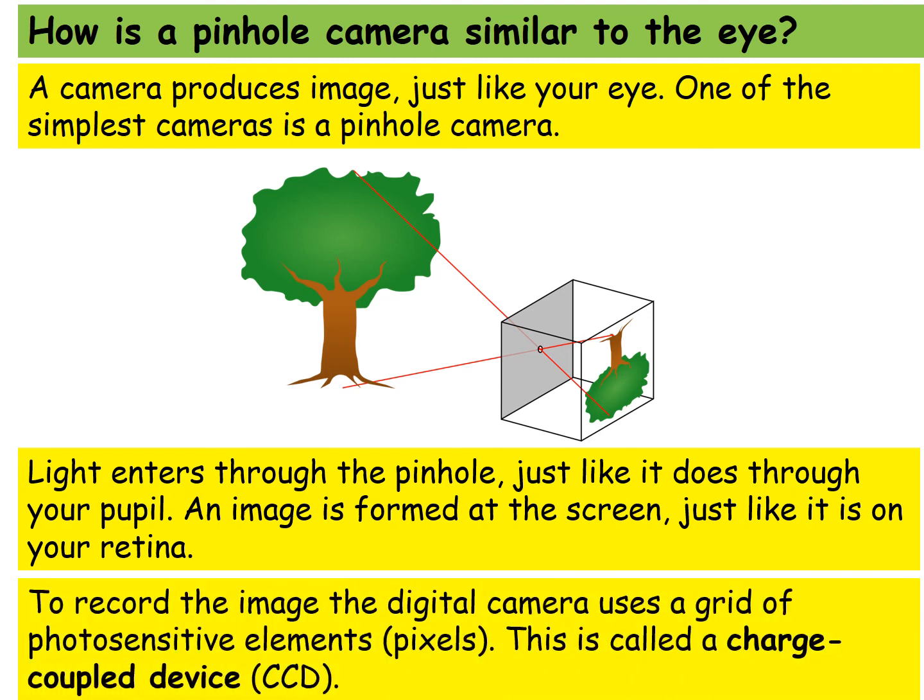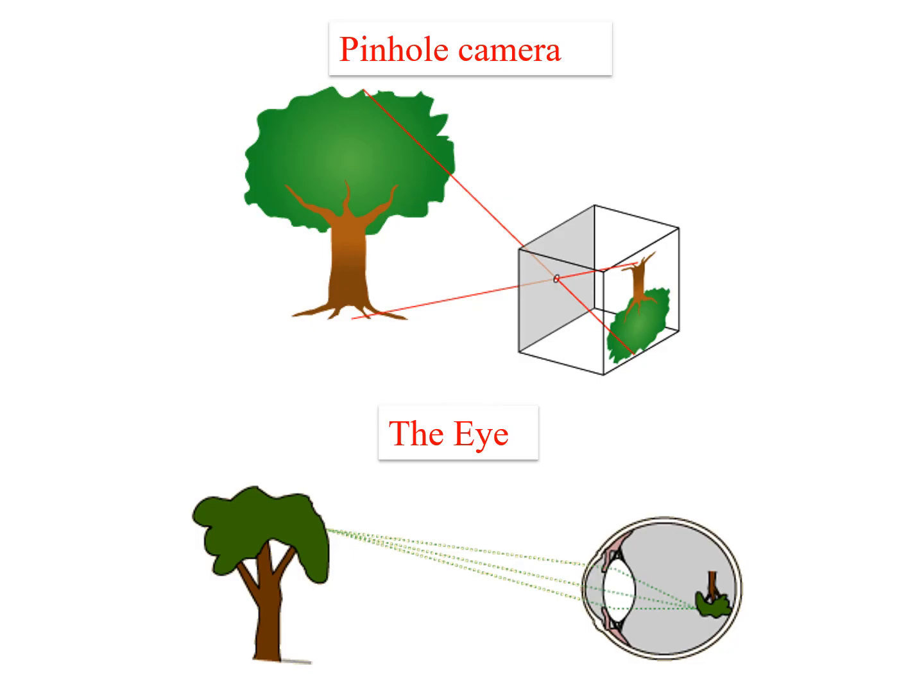So, to record the image, the digital camera uses a grid of photosensitive elements, or pixels. So, when your camera talks about megapixels, they're talking about thousands, if not millions, of tiny little photosensitive elements that record different colors, and then you put those all together and you get a picture. So that's how a pinhole camera and an eye are